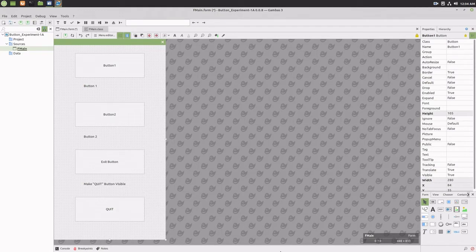Now, select Button 1 by clicking on it. Then click in the field next to the tooltip property in the Properties pane on the right side of the screen. Enter the text, "This button just brags." The tooltip is what is displayed in the GUI as a help hint when the mouse is hovered over a